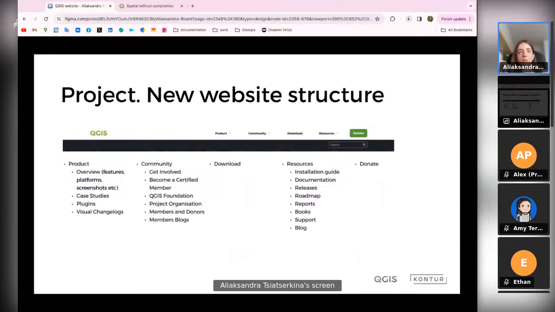The separate section is download. As we discussed, it's quite important to have it on the really top level, on the first one. It will be perfect. The next one is resources, where we gathered a lot of information about usage of QGIS,